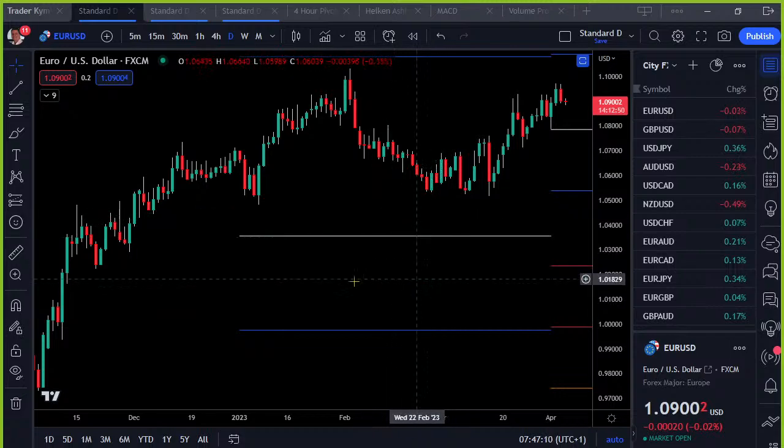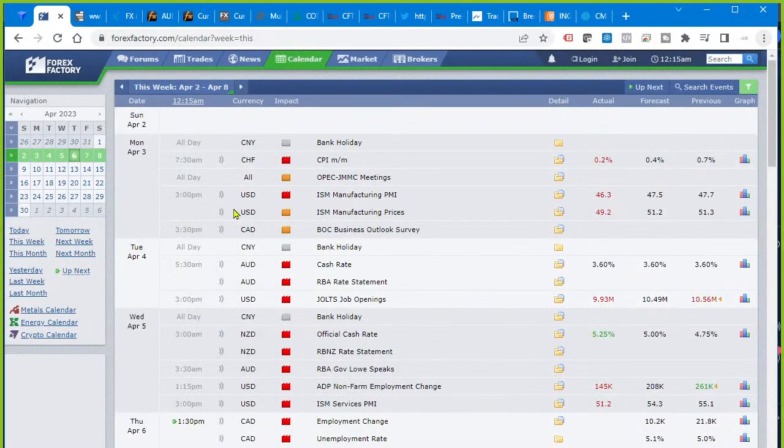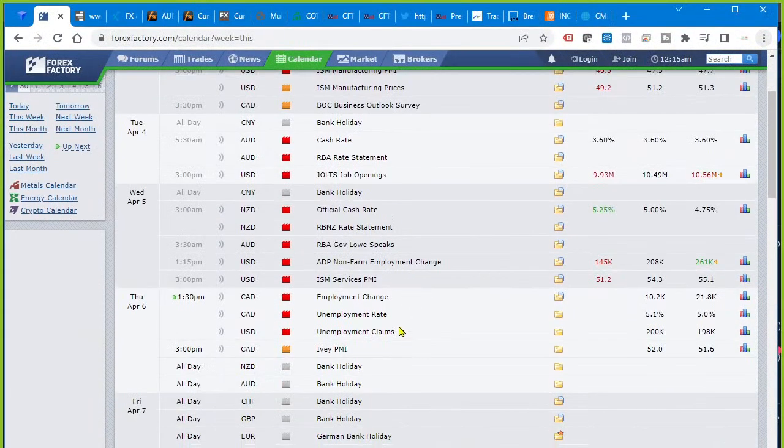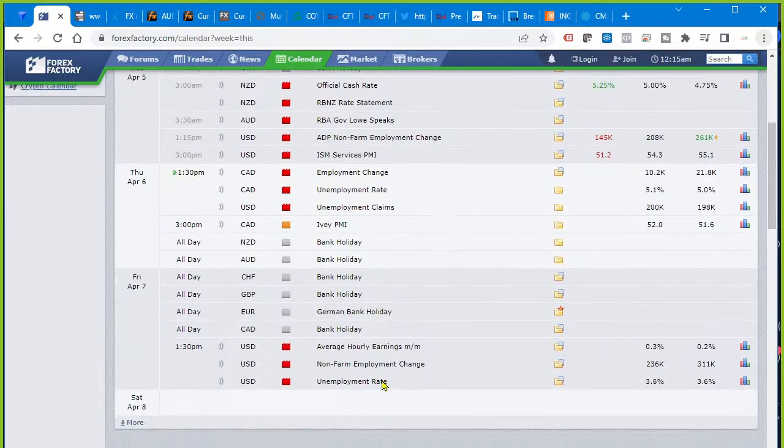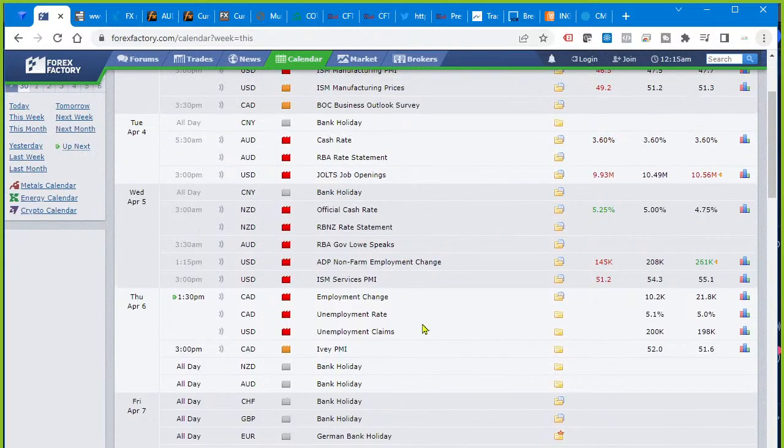However, today let's have a look at the news events that are coming through today, Thursday the 6th. We've got some Canadian data. In fact, that's unusual. We've got the Canadian data coming out on Thursday. It's probably because there's a bank holiday on Friday, so effectively their non-farms are coming out a day early. And as you can see, tomorrow we've got the US non-farms. Quiet day on the front here.